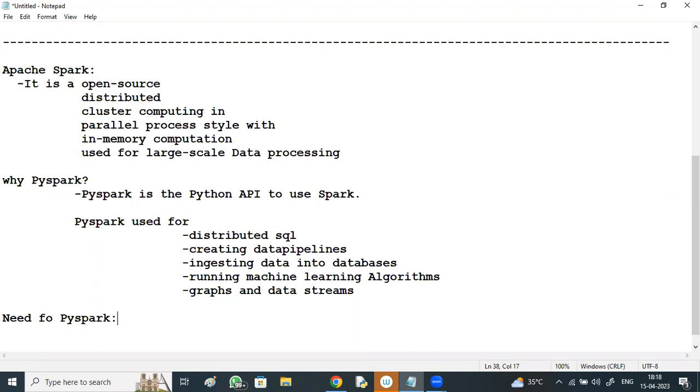So it is necessary for us to extract valuable information from this kind of raw data. So we require a more efficient tool to perform different types of operations on this big data.